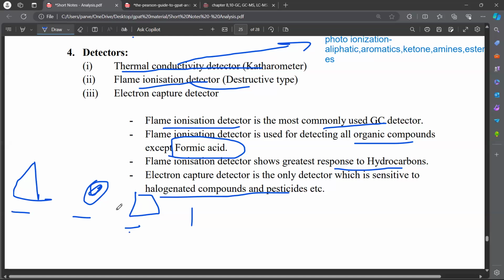But in temperature programming, which is nowadays most widely used in gas chromatography, we first maintain a particular temperature at the sample point. Then while coming to the column, we maintain another temperature. And then while coming to the detector, we maintain another temperature. By this we can modulate the temperature throughout the separation, by which we can prevent the decomposition of our sample,